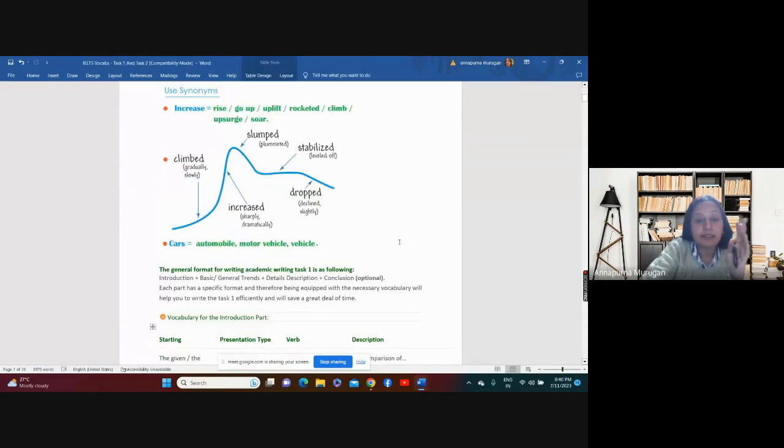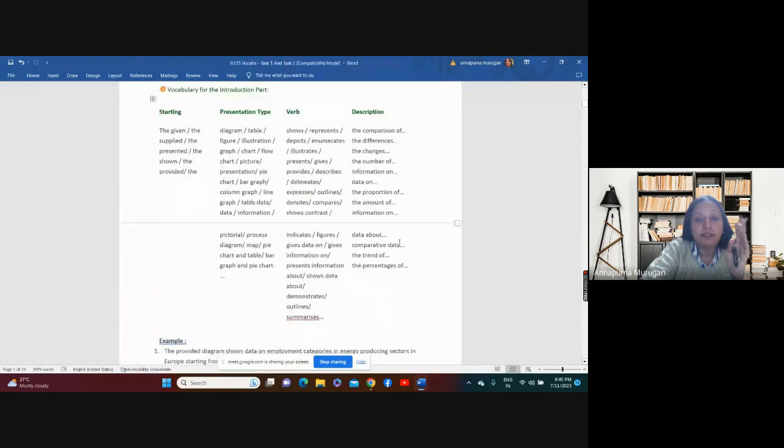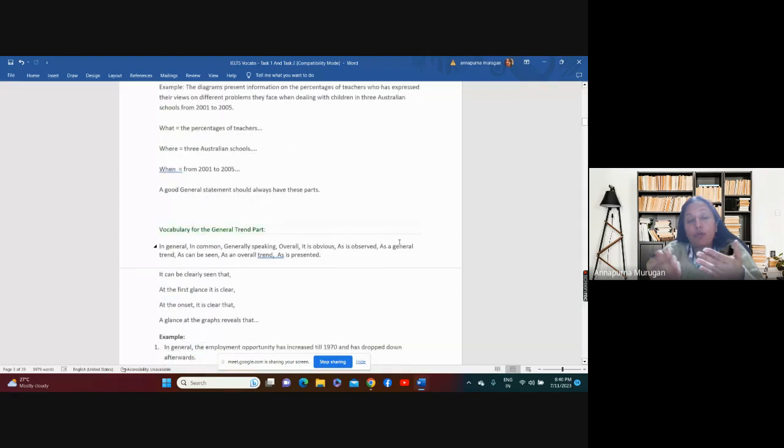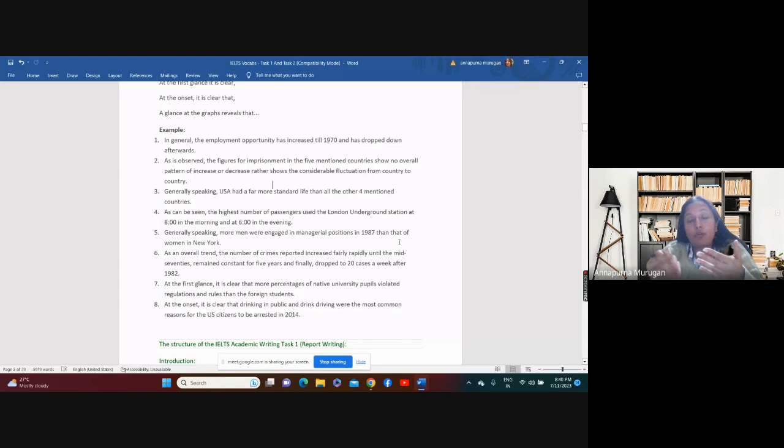Okay, see, guys, this is the general format. You have different words to use. Can you see this? The given, the supplied, you can start off with these things: the presented, the shown, the provided, and then the diagrams. Depending upon what kind of diagrams you have, you can use that. And shows, represents, depicts, enumerates, illustrates, presents, provides. These are the verbs you can use. And the description, depending upon whether it's a comparison, differences or changes: the number, information, data. So you can use these particular things. And also see, for increase and everything,